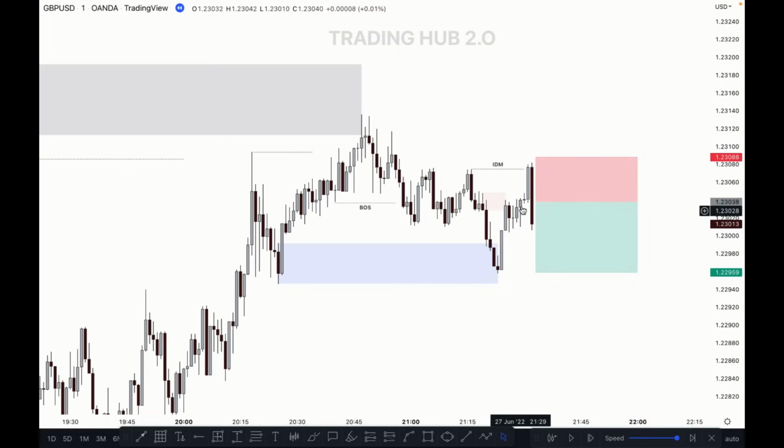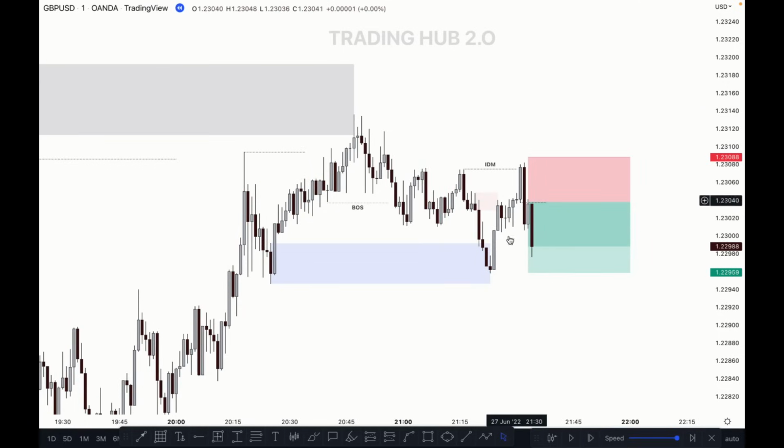If price pushes upside to mitigate this order block, then we can sell here, and our stop loss is here. If the market hits our stop loss, this will be fair. Okay, why? Because we follow our rules. So let's see what happens next. The market mitigates,